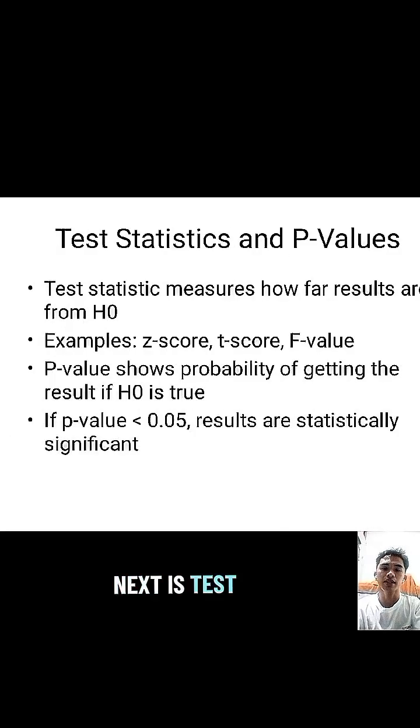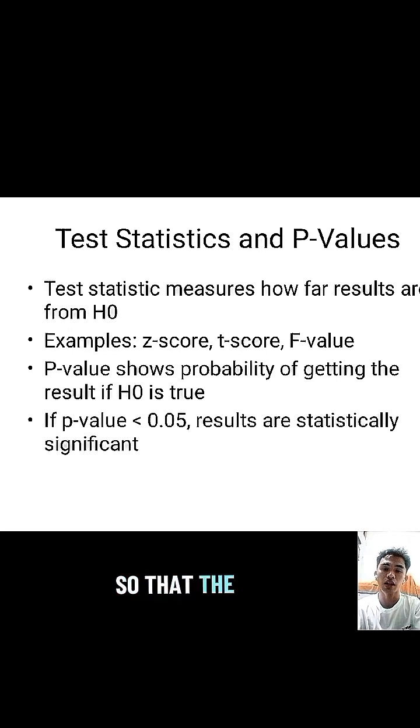Next is test statistics and p-values. The test statistic is a number calculated from sample data. It shows how far the sample result is from what is expected under the null hypothesis. The p-value is the probability of obtaining the observed result if the null hypothesis is true. A small p-value means that the observed result is unlikely under the null hypothesis,